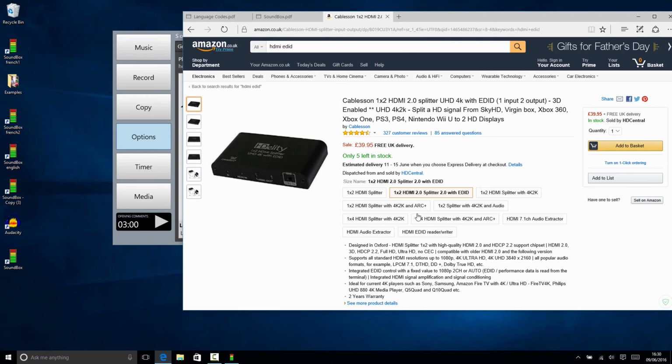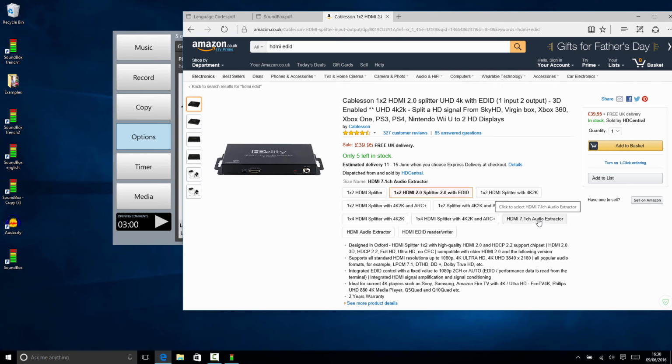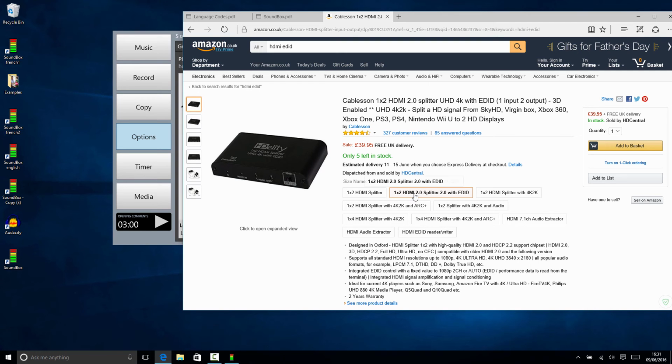They're a great company, a British company, Cableson, and they're very helpful on the phone as well. As you can see, they do various options depending on how much you want to split. If you've got screens all over the hall, you can have 4. We actually have one similar to that, split 4 ways, because we thought we were going to have more screens, but we're not. But this one is enough for most congregations,